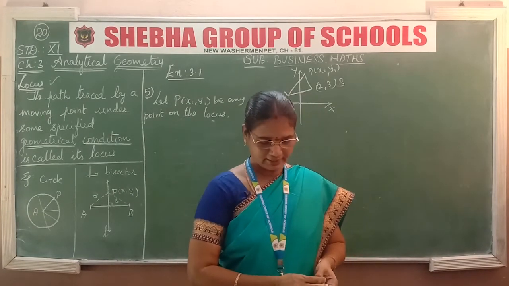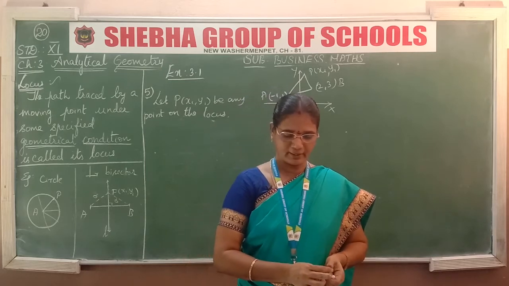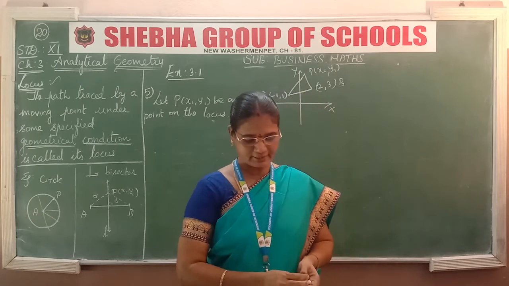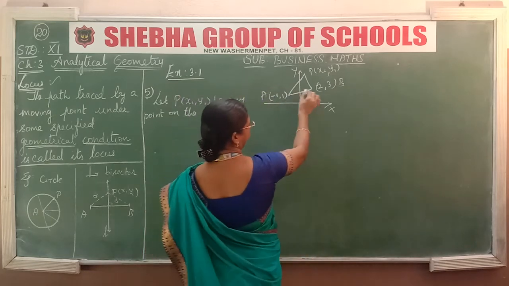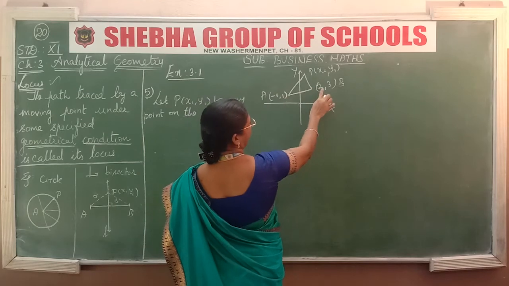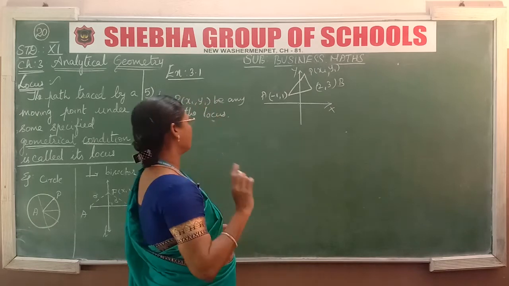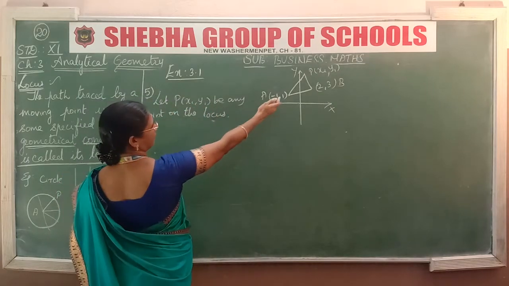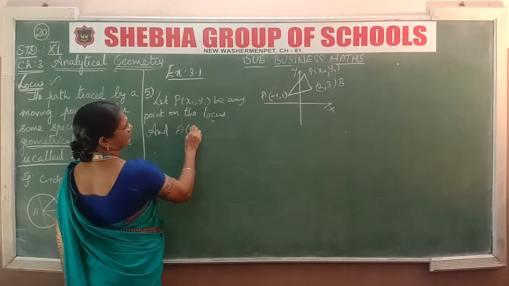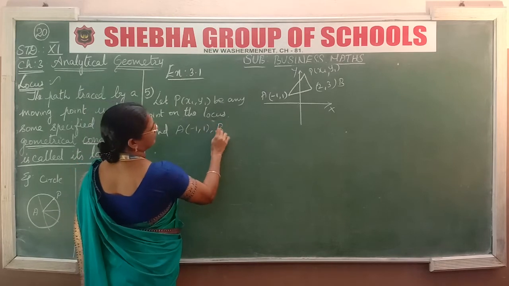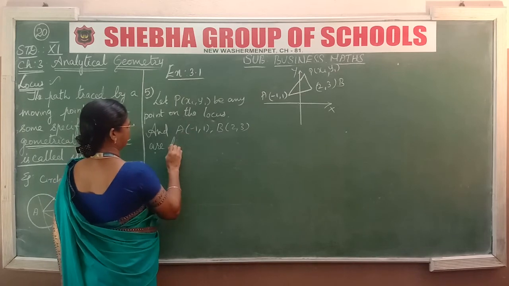Our fifth one is: if A(−1, 1) and B(2, 3) are two fixed points, then find the locus of a point P so that the area of the triangle APB is 8 square units. What is given? A and B are two fixed points, (−1, 1) and (2, 3), and take any point on the locus as P(x1, y1). So first write, let P(x1, y1) be any point on the locus, and it is given A(−1, 1) and B(2, 3) are fixed points,